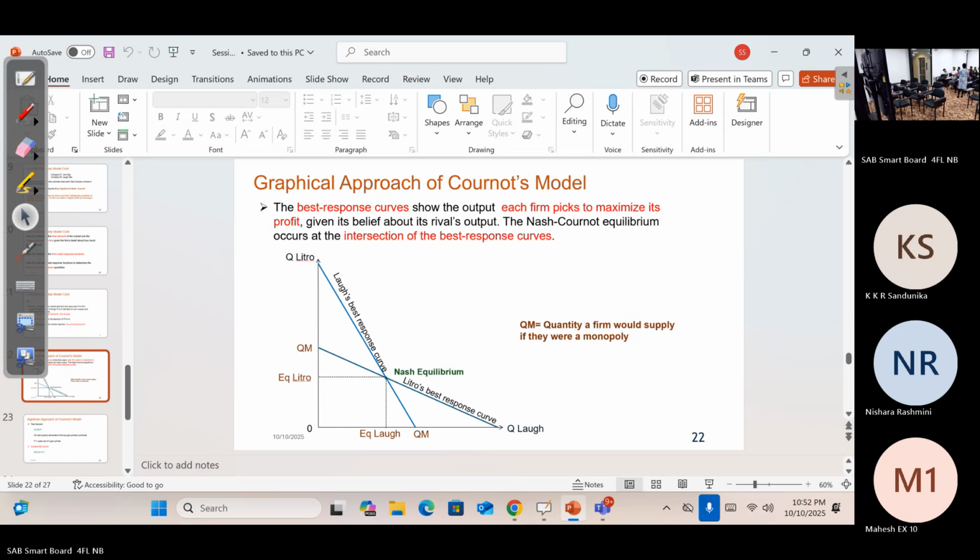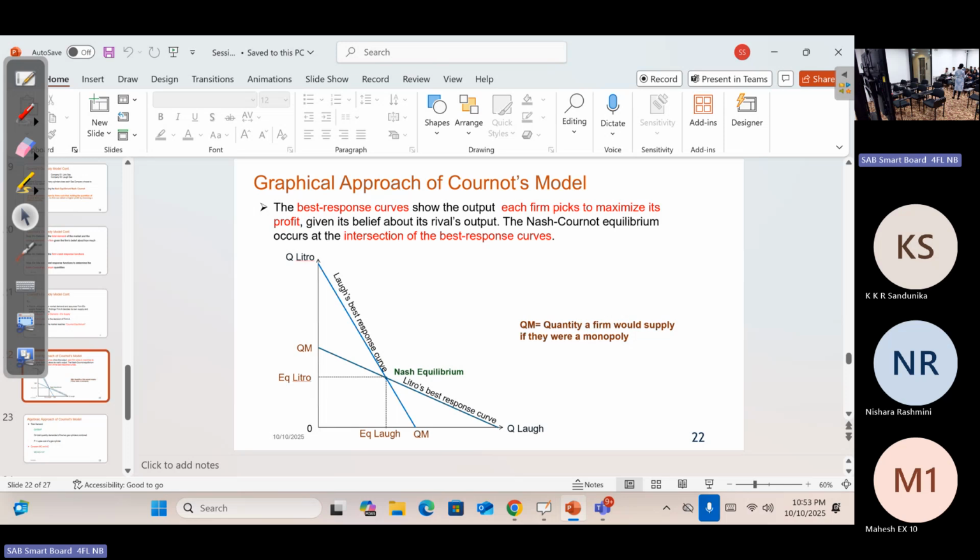Cartel and price leadership. Under price leadership, the leader sets the price, and depending on that price, all other firms take the price and act as perfectly competitive firms. You should be able to draw it: if I ask you to show how the price leadership model works graphically, you should be able to draw the diagram. How about the cartel? They get together and set the price or quantity together. So you learned these two.